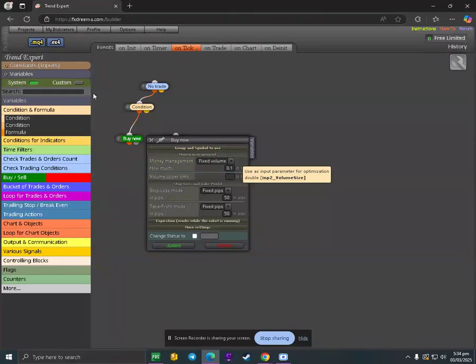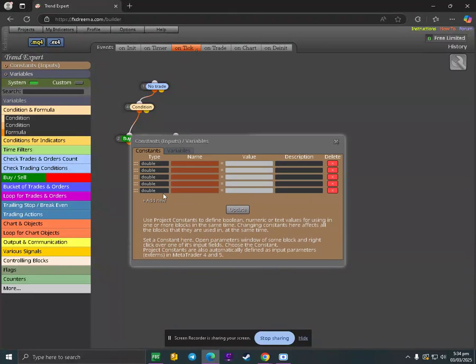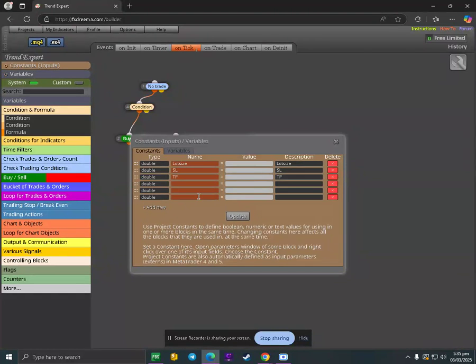If I haven't taught you yet how to put constants on this one, just follow my steps. We're going to put a lot size in here, the SL and the TP. I think we're going to add some trailing stops on this one.